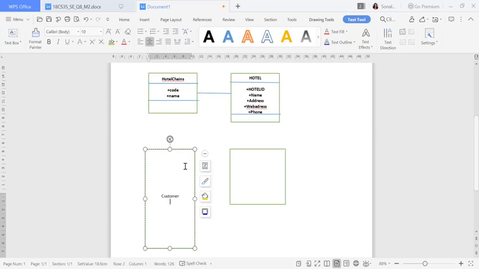Okay, so below to the customer, the customer ID. Okay, next will be name, next will be address. Okay, next will be from which city he has come from. Then you can write the phone numbers, then you can write how many days they are going to stay, so stay period.